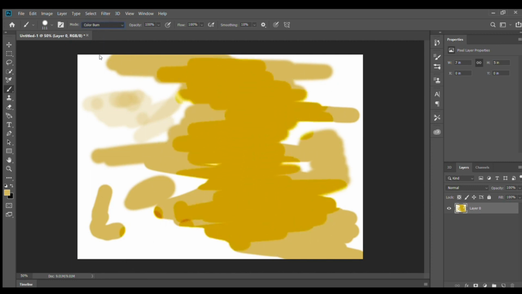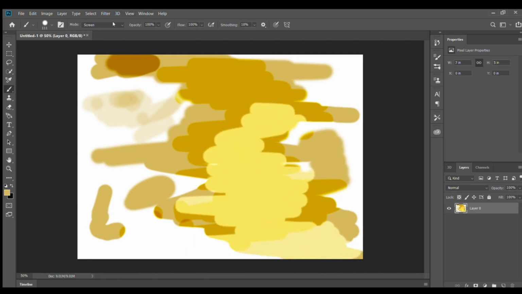If I am selecting linear burn, dark. If I am selecting screen, these are some different modes. आपने एक बार पेंट कर दिया, उसके ऊपर आपको different effects देने हैं, so you can use it.